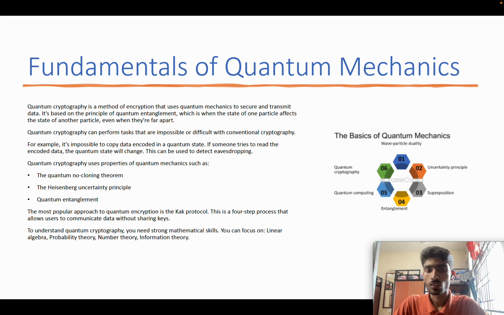Similarly, now let's understand quantum superposition. Quantum superposition is the uncertainty of a particle being in multiple states at once. For example, in quantum computing, superposition is described as the ability of a quantum particle to be a combination of all possible states. A qubit can represent both 1 and 0 at the same time. So that's about the fundamentals of quantum mechanics.